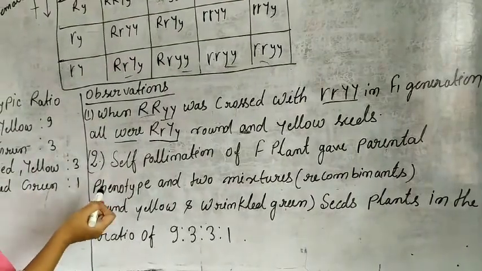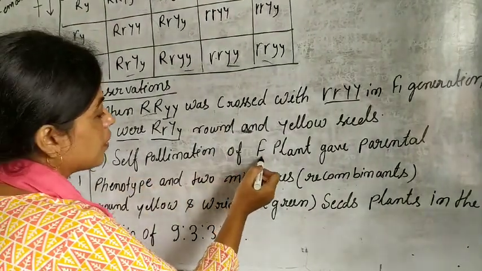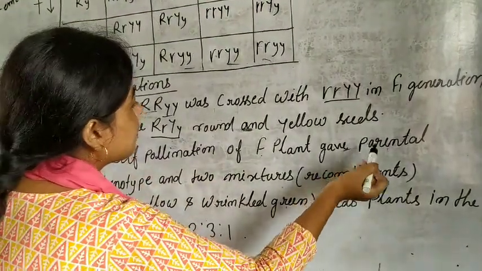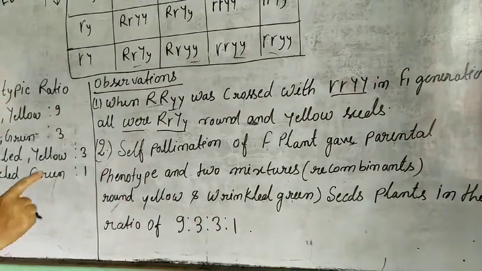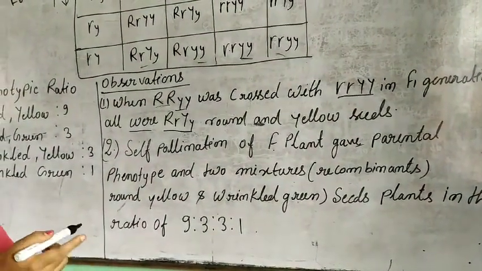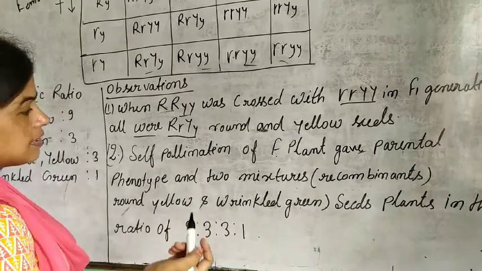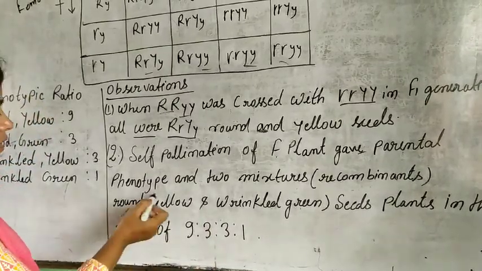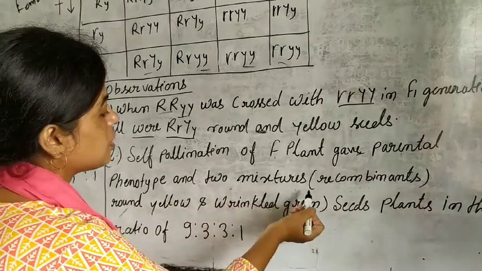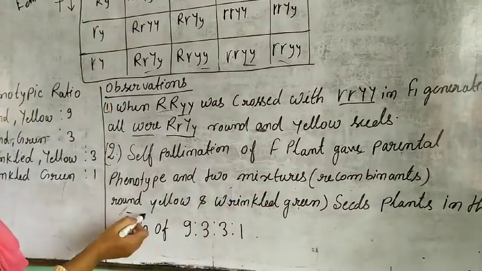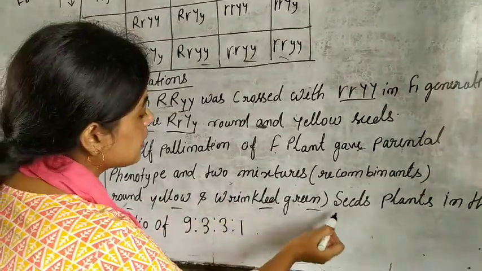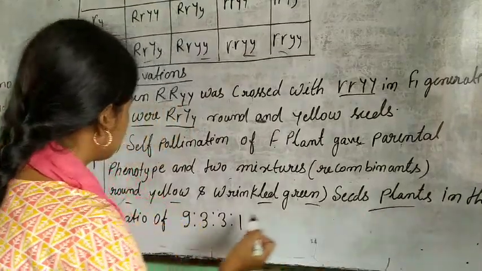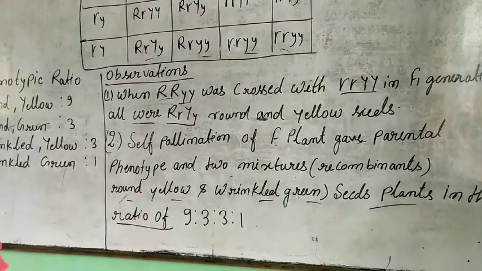In the second one, self-pollination of F1 plants gives the parental types. You can also understand what self-pollination is. When self-pollination happens, the phenotypes recombine into round yellow and wrinkled green seed plants in the ratio of